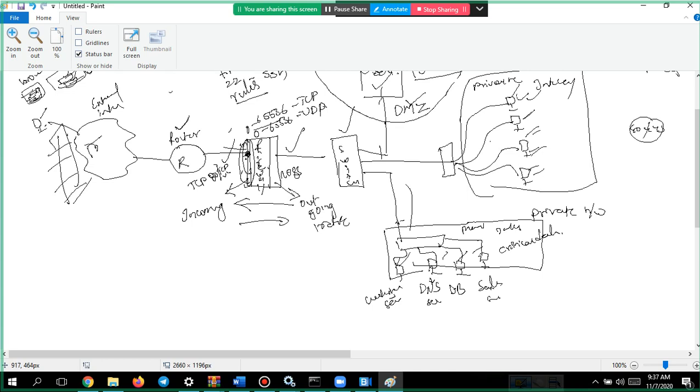And also something like your Active Directory. Active Directory means who all are logging in, who all are logging out, and their privileges, everything will be given from here, using the Active Directory server.